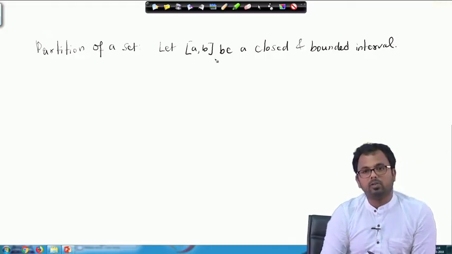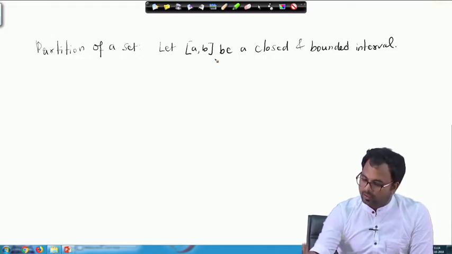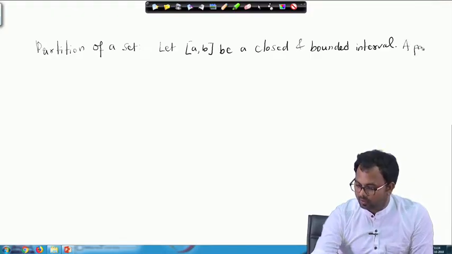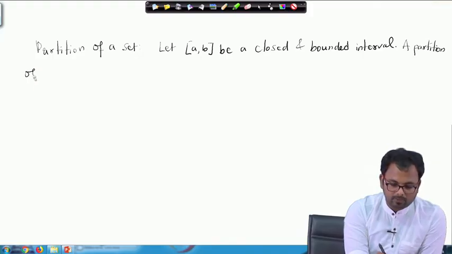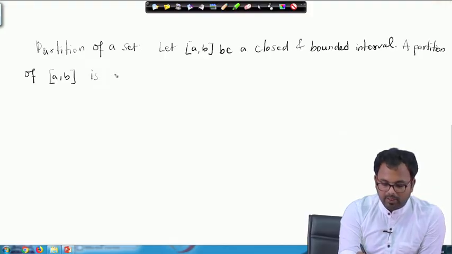Of course it is a closed interval and a and b are finite. Then a partition of [a, b] is basically a finite ordered set